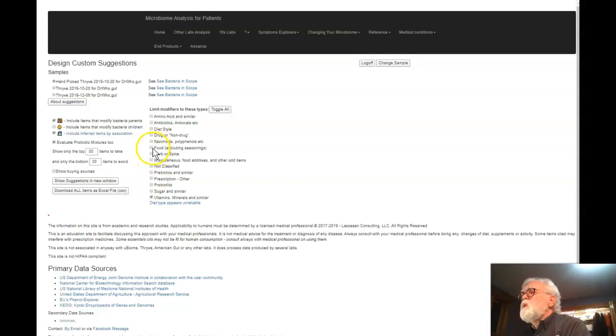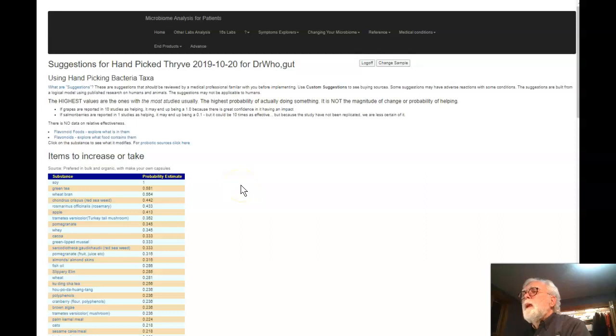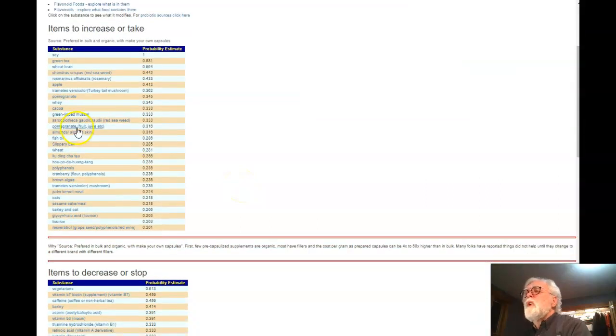What type of food? Herbs and spices. How about flavonoids, which is one of my favorites? I'll get rid of the probiotic mixture. If you don't select probiotics, you won't get a meaningful result there. And what we have here is soy, green tea, wheat bran, reds, seaweed, rosemary, apples, particular mushrooms, whey, pomegranate, a